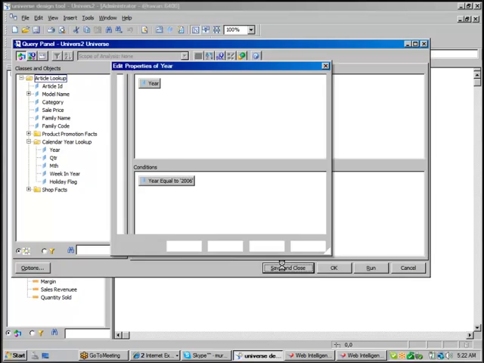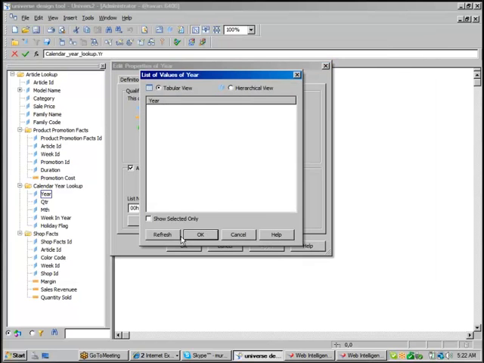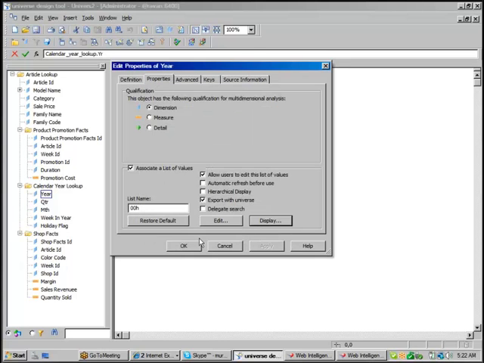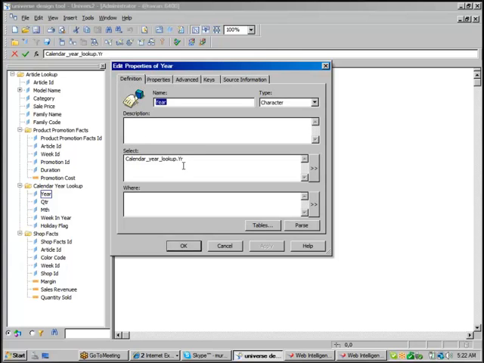When you click on save and close, the LOV query fires on the database, but it will display the list with only 2006. The customer can select only 2006. Once they select 2006 in the list of values query, it goes to the definition tab. There you have the select clause, select calendar year lookup.year. Then we write the where condition, where year equals the selected year, 2006. That time this query will fire with the select clause and where clause on the database. It will fetch only 2006 data, which you can see in the report.